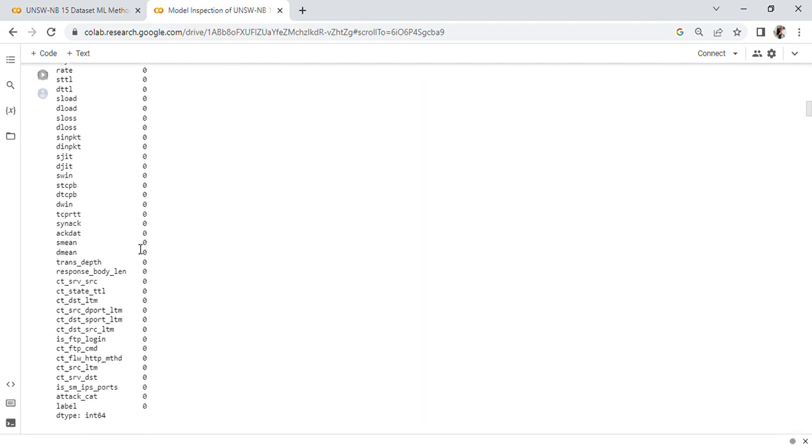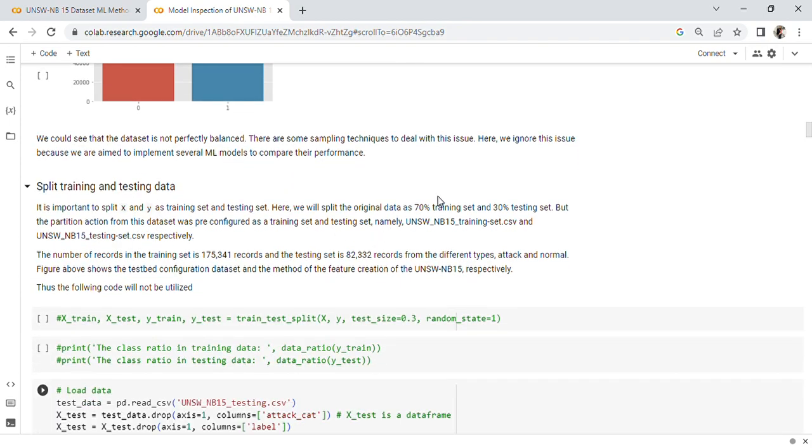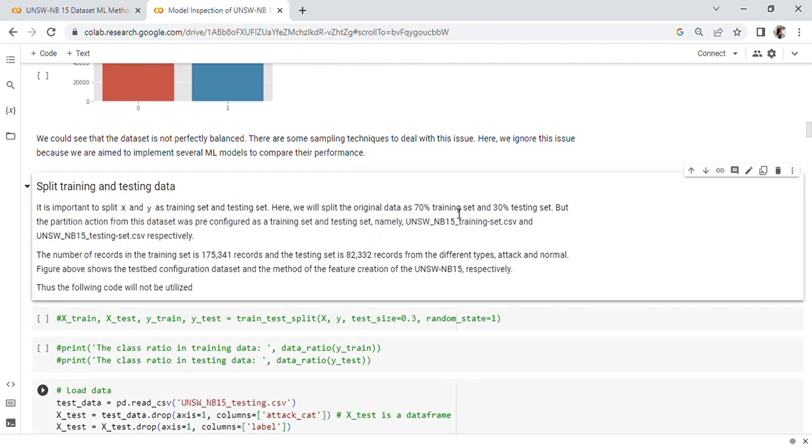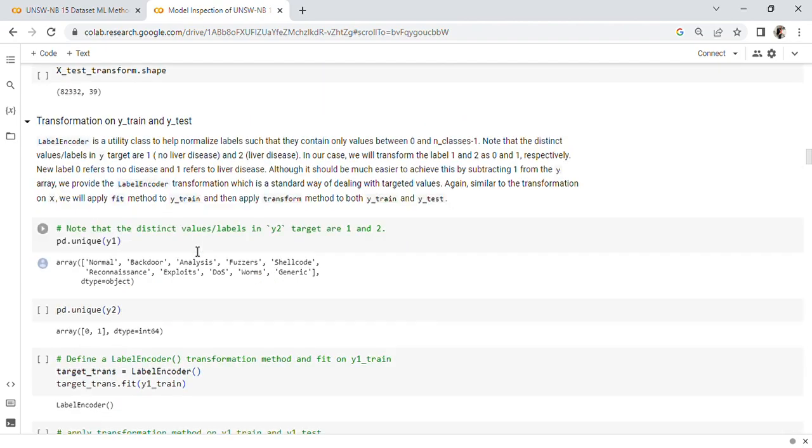So we are keeping 70% of our dataset for training purposes and 30% of the dataset for testing purposes. So after splitting the dataset, you can see here